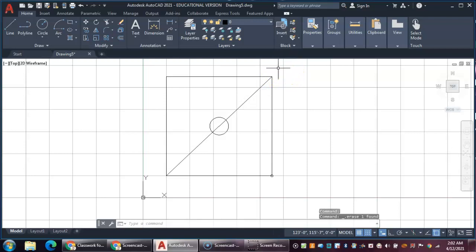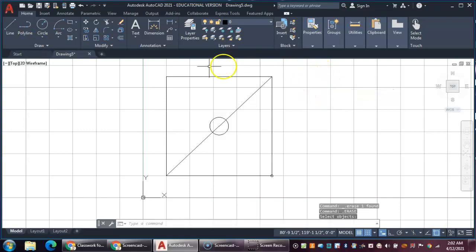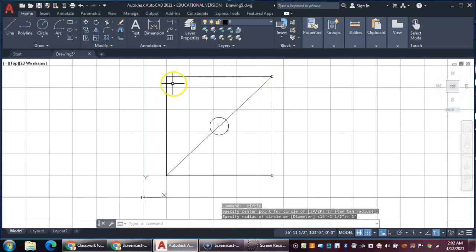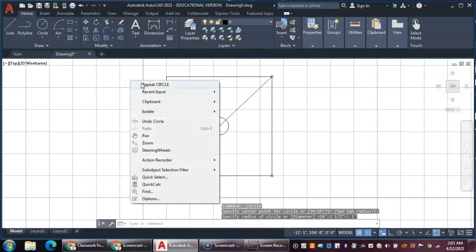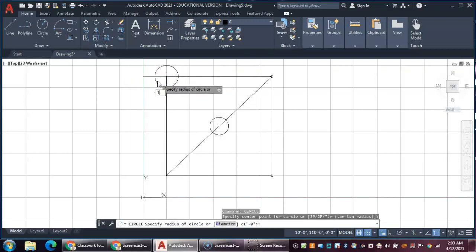Let's just go back and delete that out. Left click replaces the erase, so we'll go back to the circle, endpoint here, and again the radius is 1 foot, enter, repeat the circle, 1 foot, enter,